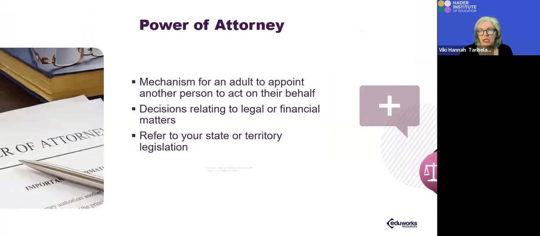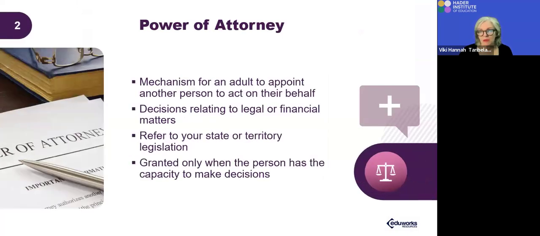The power of attorney is to make a decision on someone's behalf, but refer to your relevant state or territory. So you can have power of attorney, or a client might have power of attorney, and you can guide them that way for a period of time. Someone might be traveling overseas and they give you power of attorney to act on their behalf and speak to the bank and pay bills and make withdrawals or have phone conversations. So even if you've got another person on your phone account, you would need to give them authority. Authority is different to advocacy, and it's different to power of attorney.